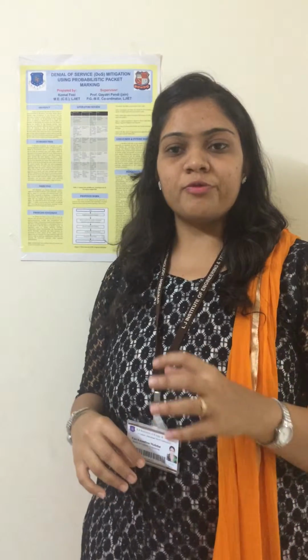So in my system, the only way is to find the attacker and stop it. So how do we find the attacker? Because attackers are spoofing the IP address, we do not get the location of the attacker. So we need some mechanisms by which we can find the actual attacker, and those methods are called IP traceback methods. Finding the source of the attack is called the IP traceback problem. So here I am planning to use probabilistic packet marking for mitigating the denial of service attack.